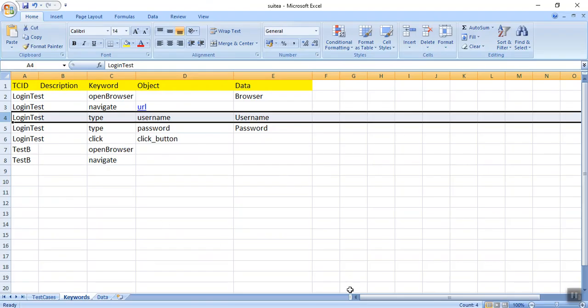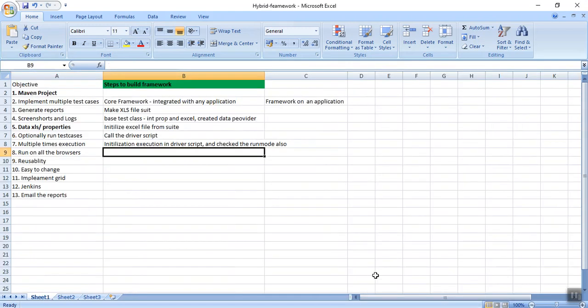So what I can say, we have passed the property object from test to driver script, and now driver script has to execute it because we have XPath, we have data. Now things are very simple.